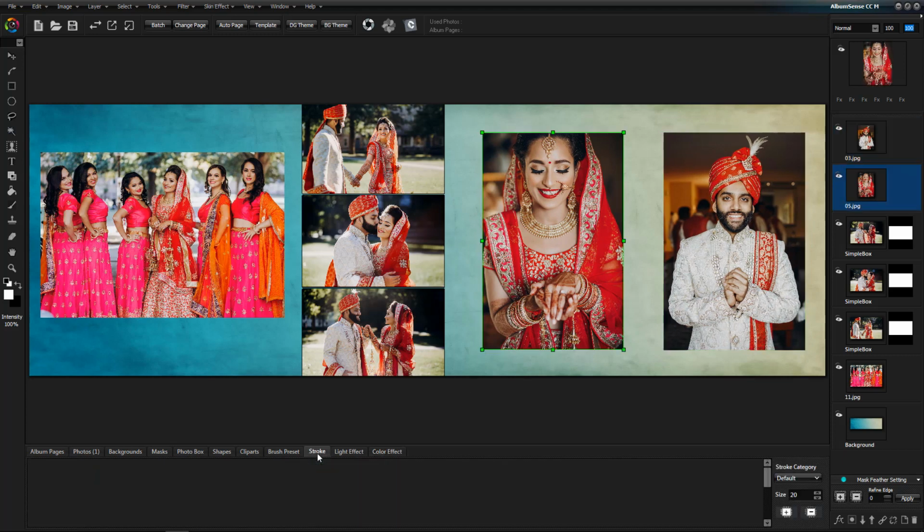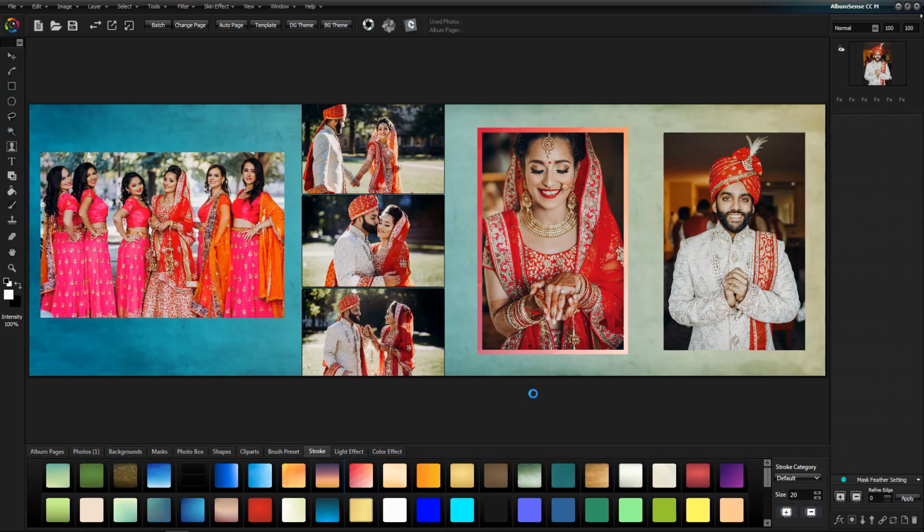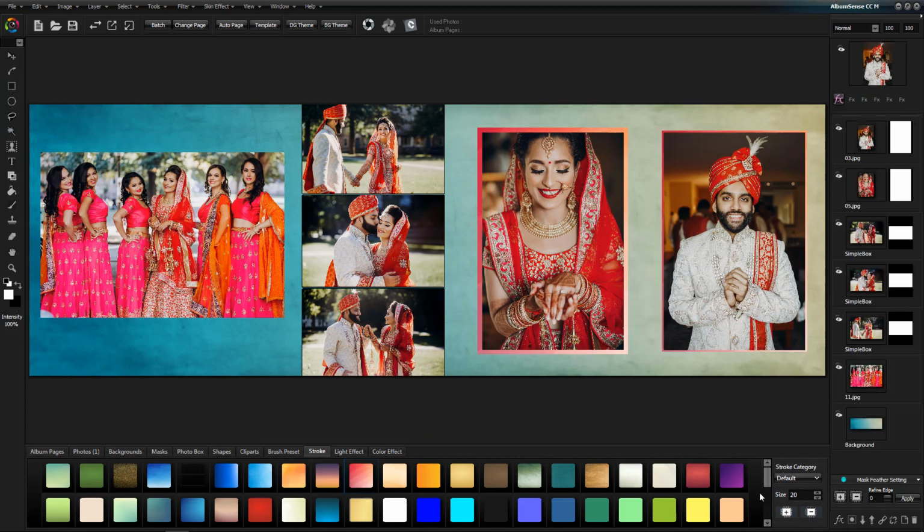We just give them a stroke. We can edit the stroke from here. Like this, our manual album page is ready.